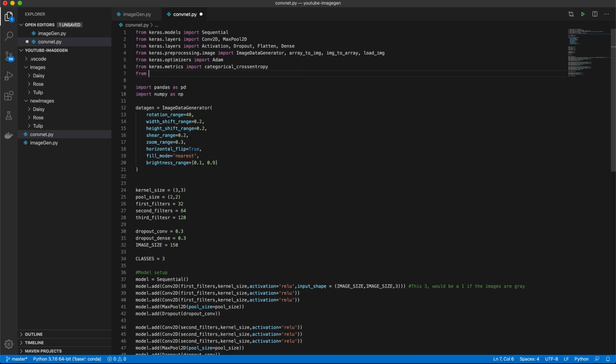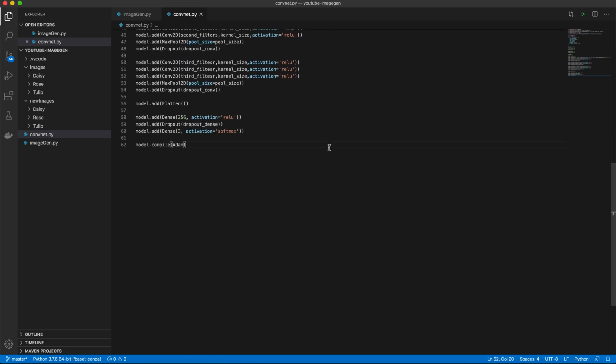We need our callbacks. From keras.callbacks, let's import quite a bit here. Will we use early stopping? We might. We'll do reduce learning rate on plateau, which is a really great thing that I don't think a lot of people know. And we'll use TensorBoard. So we'll import all these. Come back down here. So now that we have Adam,